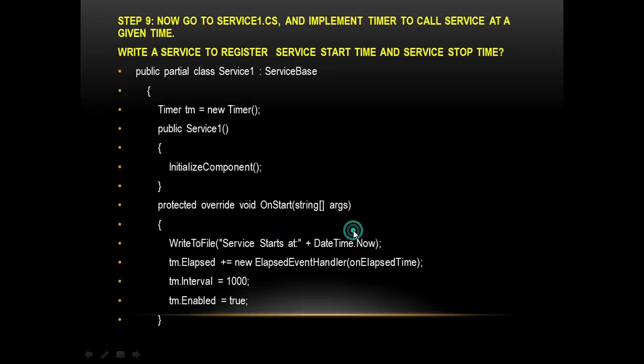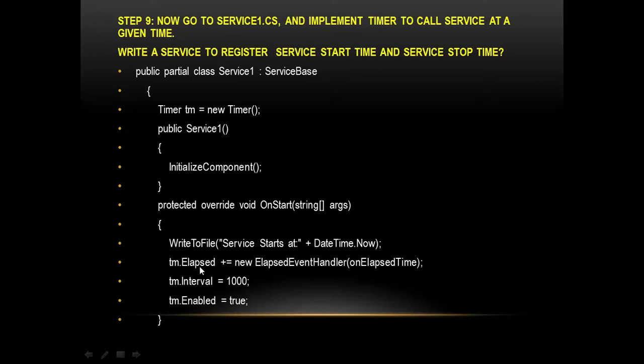Next, you have to go to service1.cs and implement your own logic. Here I am going to register my service start time and end time in a notepad. For that I have to call the timer, initialized using the System.Timers namespace, and in the OnStart method you will call the WriteToFile method, where the service start time, DateTime.Now, will be registered in the notepad.